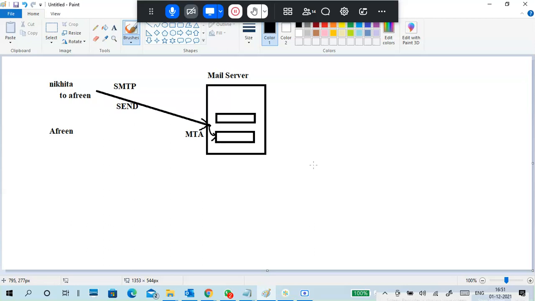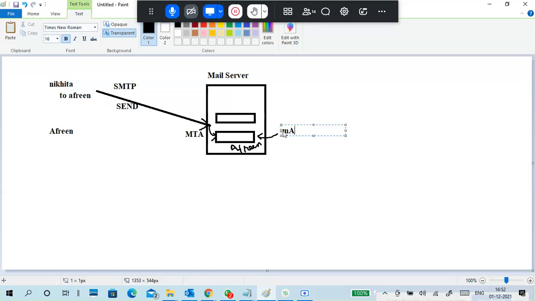Like that, all the mails belong to a particular user's mailbox only. So this is the Afreen folder. Nikita sends a mail, and the mail goes to Afreen's mailbox only. This is called a mailbox, short name MB.